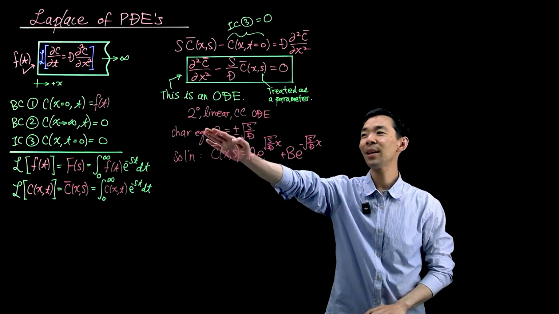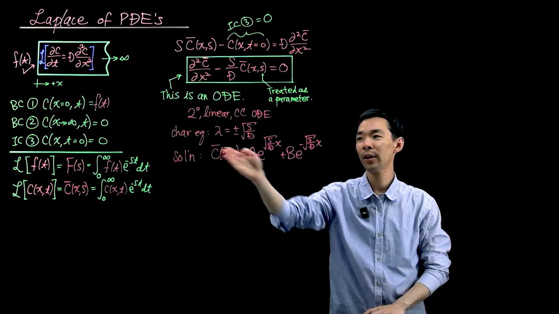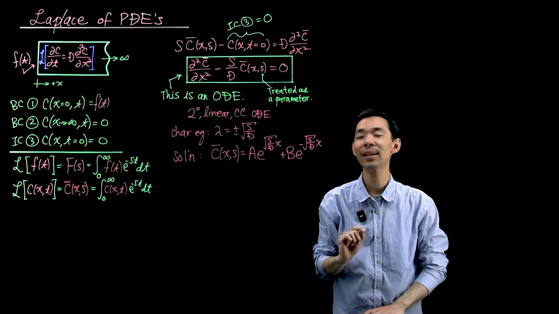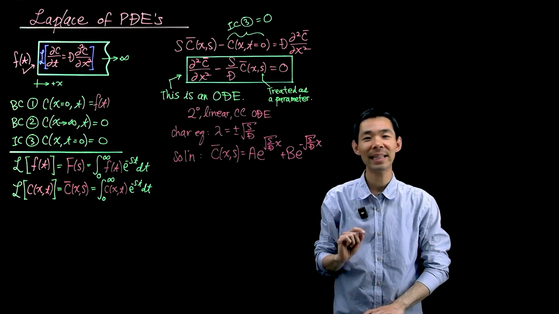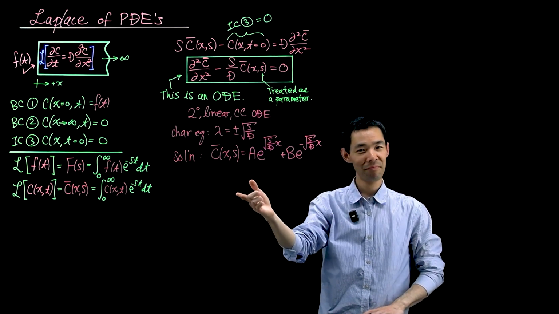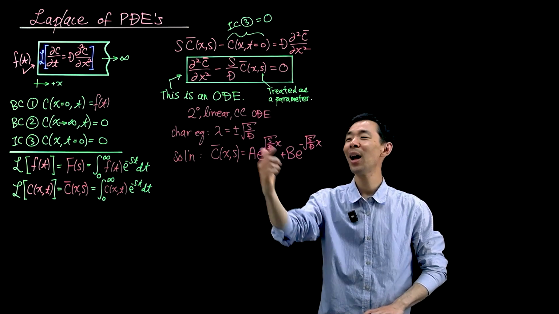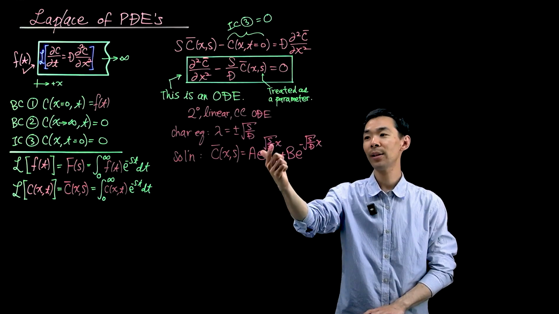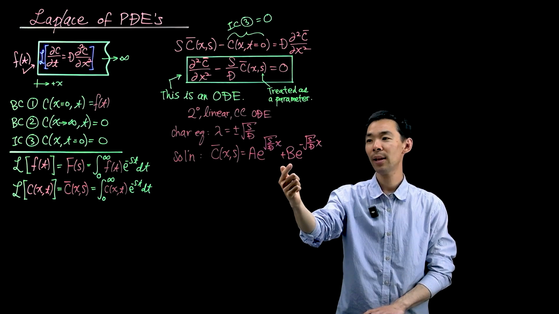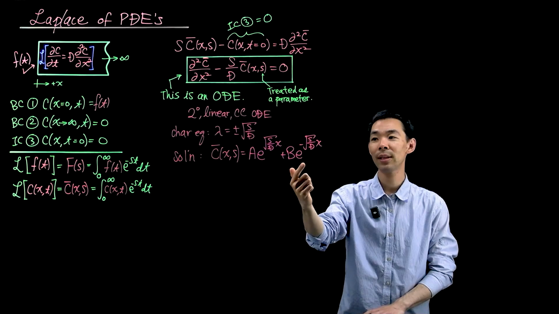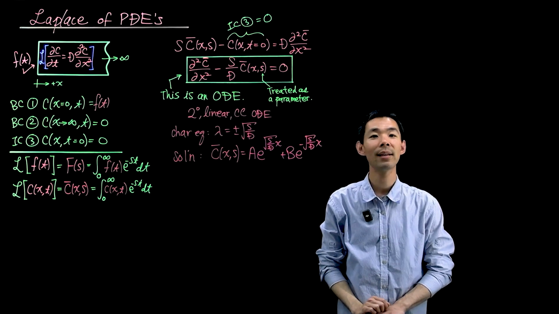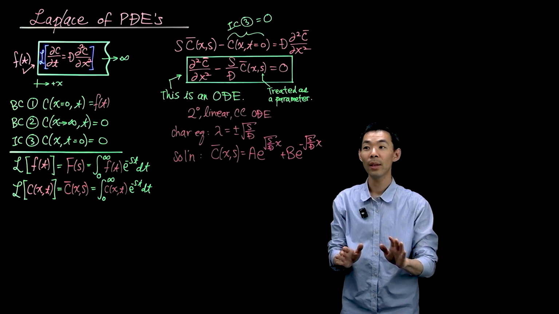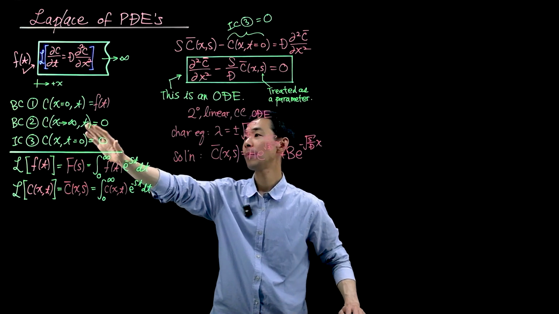Our characteristic equation gave us roots lambda equal to plus or minus square root of s over D. So that's the easiest case, where our solution is simply a constant of integration a, e to the positive square root of s over D times x, plus b, another constant of integration, e to the negative square root of s over D times x. Now, all we need to do is to use our boundary conditions here and here